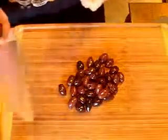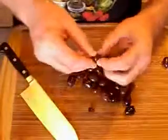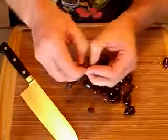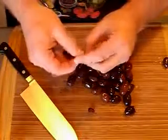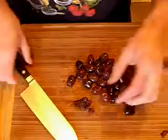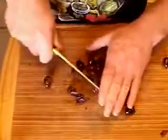Here I have olives that have been rinsed and drained, and now I'm just going to chop them up. Wouldn't you know it? There's a pit in that one. These aren't pitted olives, but sometimes they end up having a pit. Anyways, we want them finely chopped,